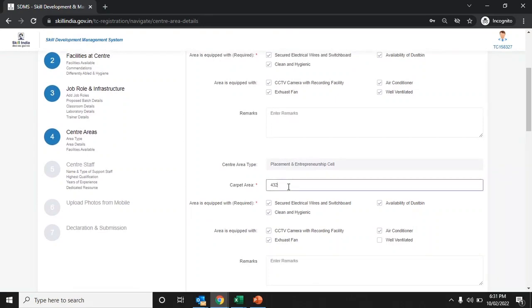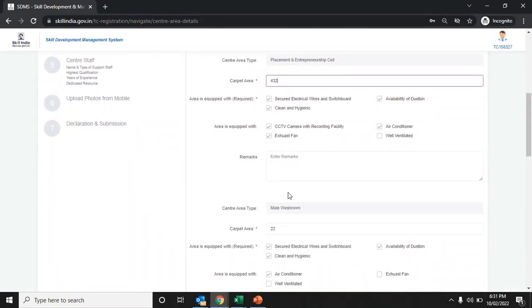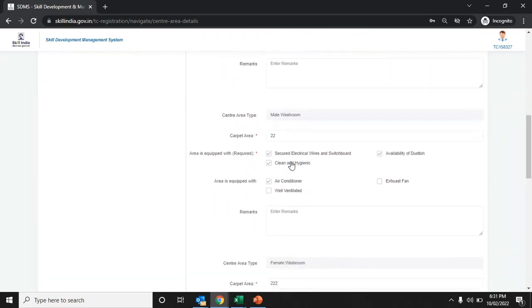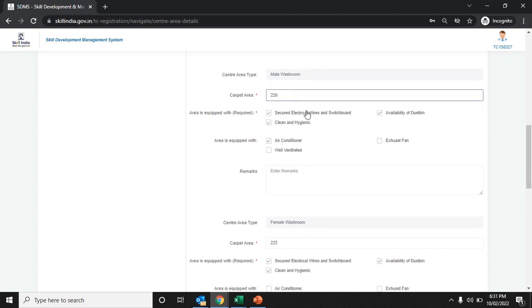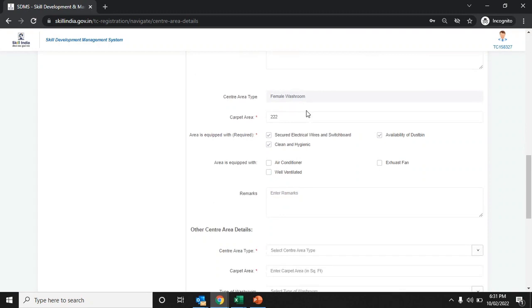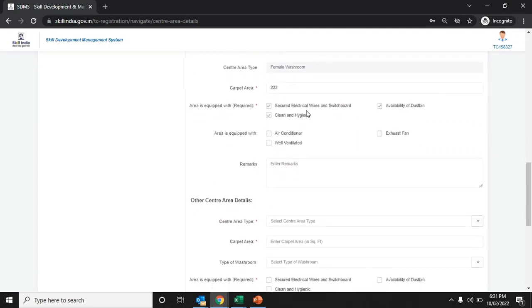Area is equipped with center types. Remarks, if you have any. Enter the placement details: again, the carpet area and the facilities and equipment available at the placement cell. Enter the washroom details here. Male washroom, if you have one, the carpet area, and all the equipment and facilities available. Here you need to mention the female washroom, the carpet area, the equipment, and all the facilities